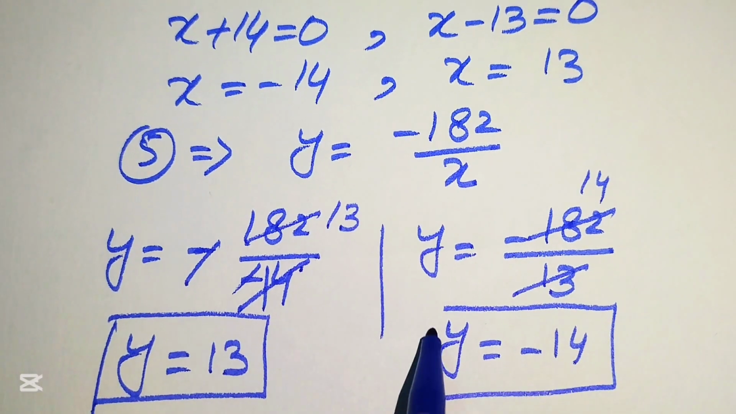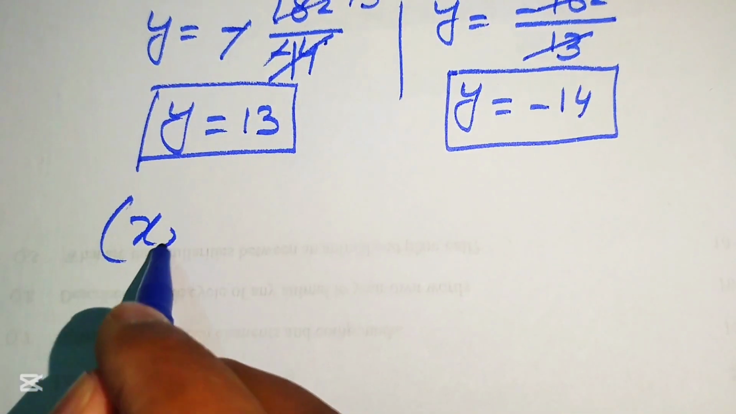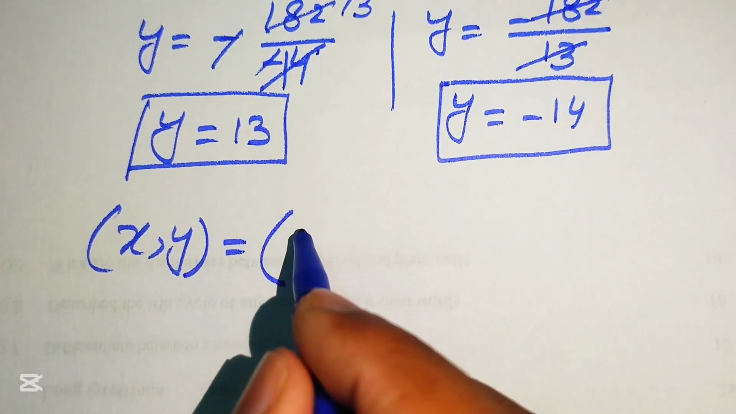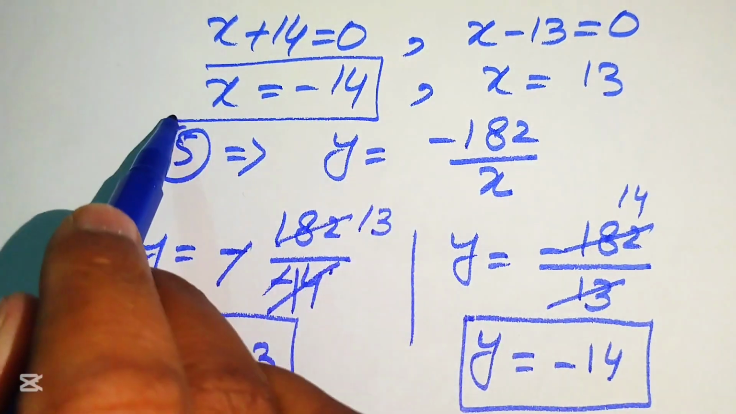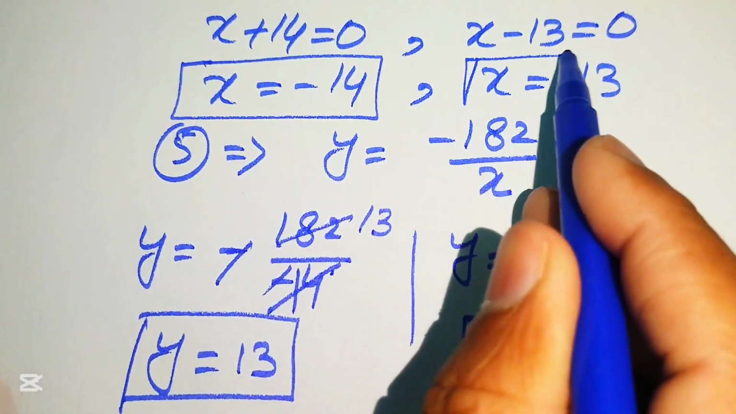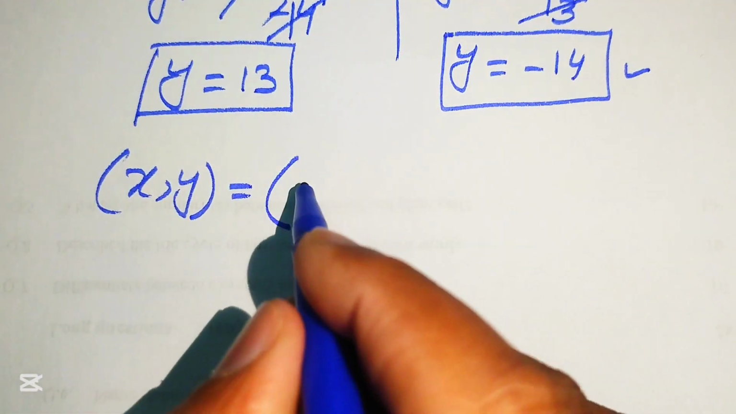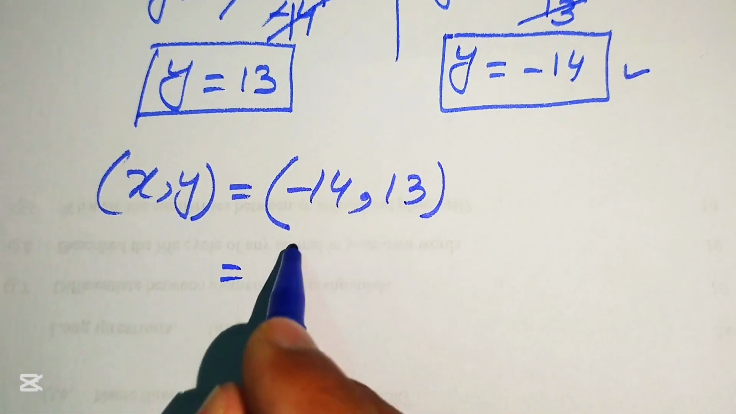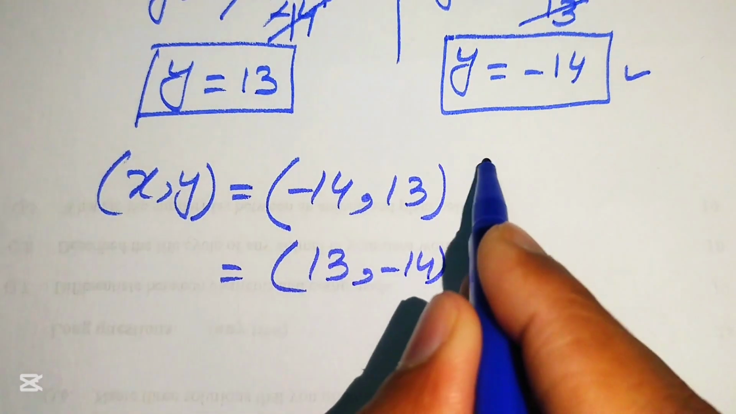Okay, so finally we have the two solution sets of the given equation. For xy, the first solution set is when y equals 13, the corresponding value of x is minus 14. When the value of x is 13, we get y is minus 14. So you get the two solutions: minus 14 and 13, and the second solution is 13 and minus 14. So this is the final answer of this